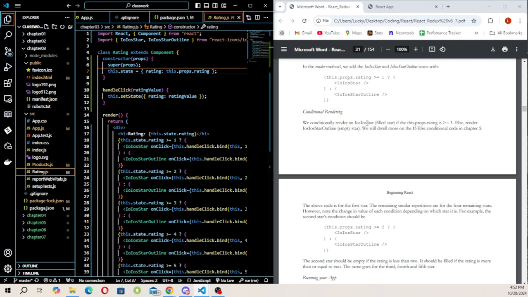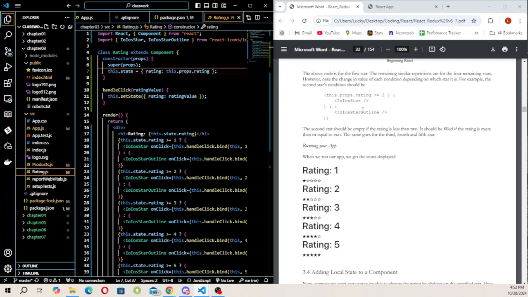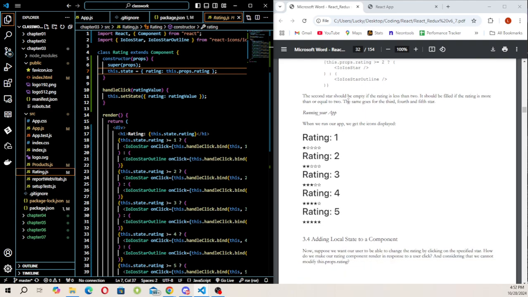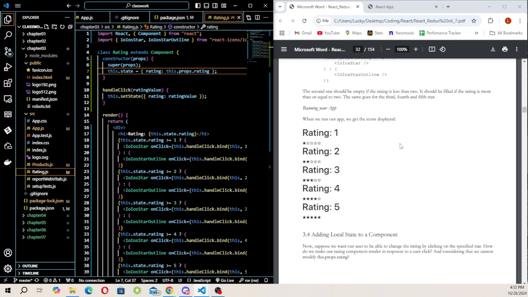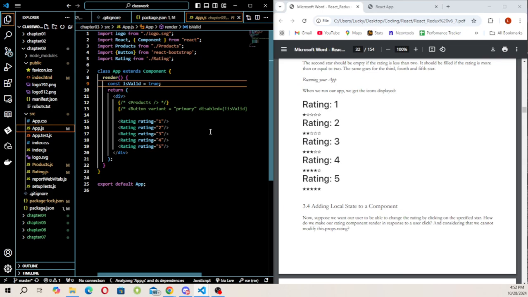We conditionally render a filled star if the props rating is greater than or equal to 1, or else it will show an empty star. We will dwell more on the if-else conditional. So what we see here is for the first star, and the second star should be empty if the rating is less than 2, and filled if the rating is greater than or equal to 2. The same goes for the third, fourth, and fifth star. So if I go back to my app.js,